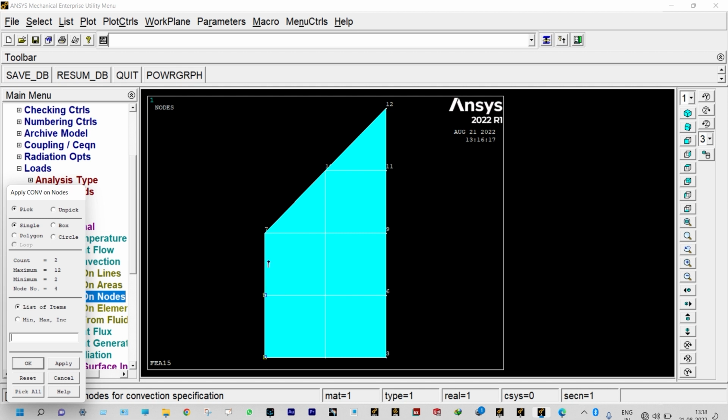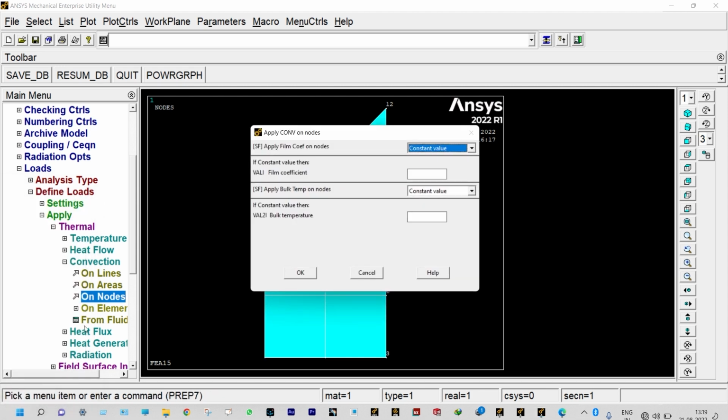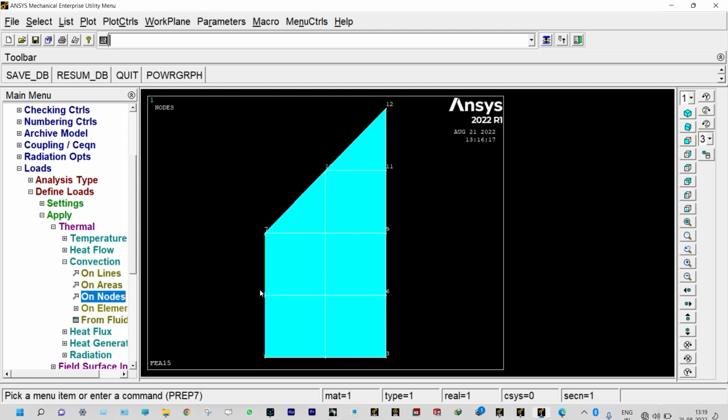These are the nodes at the inner side. Selected 3 different nodes, apply, and convective heat transfer coefficient will be equal to 68.14 watt per meter square degree Kelvin at a bulk temperature of 311 Kelvin. Done. Another boundary condition to be applied, that is convection at the outer surface, while atmospheric temperature is 255 Kelvin